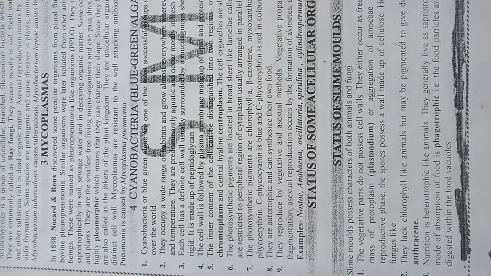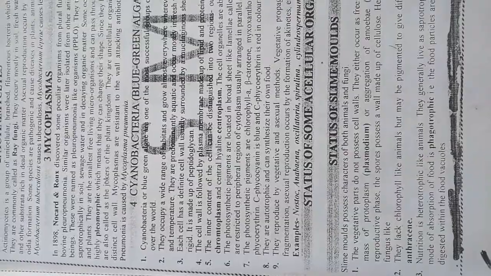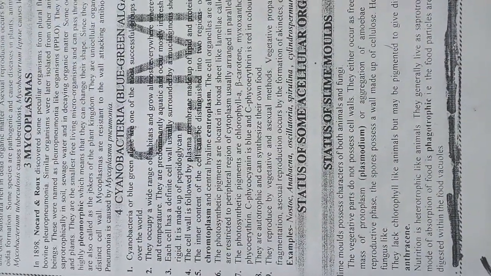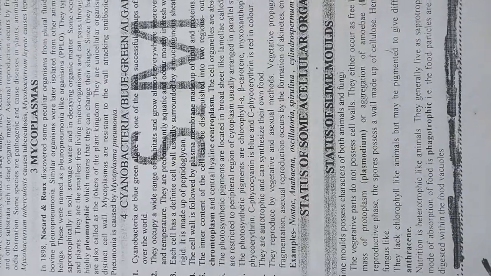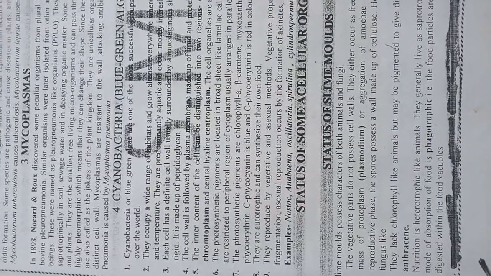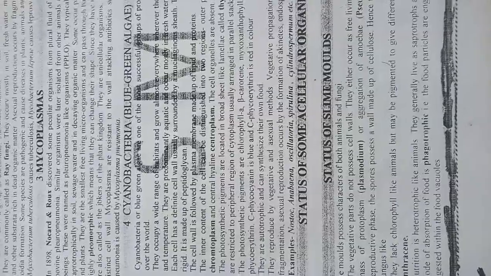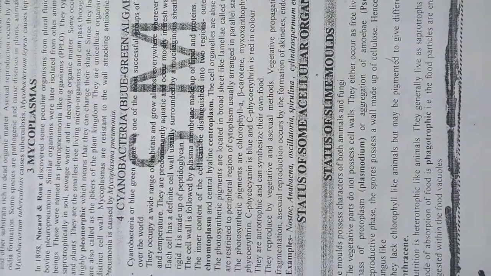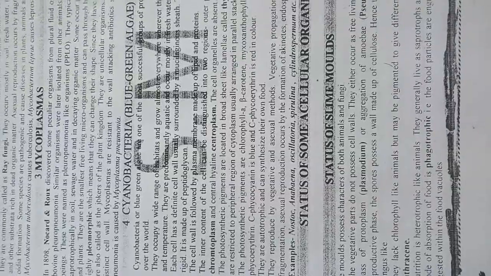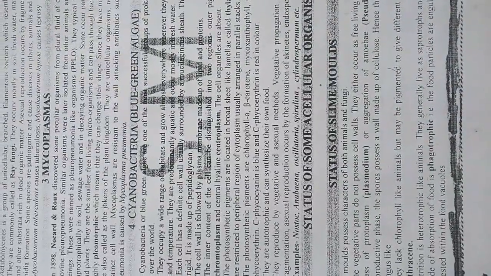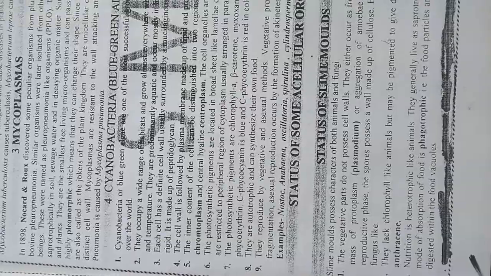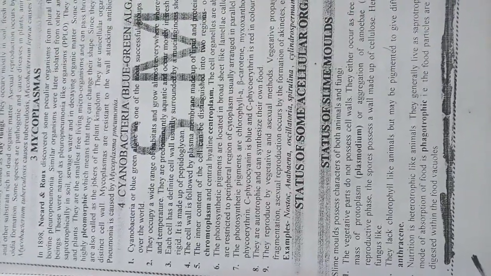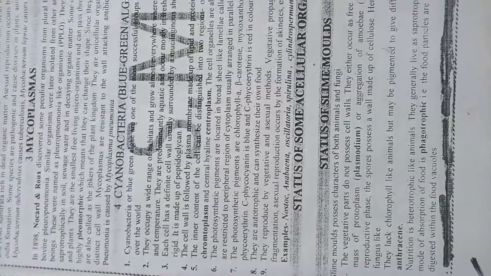These cyanobacteria are the organisms which are also found in the kingdom Monera. Regarding these cyanobacteria, these are also called the blue-green algae. So you should remember here that these cyanobacteria are also called blue-green algae. The general characters of the cyanobacteria or the blue-green algae